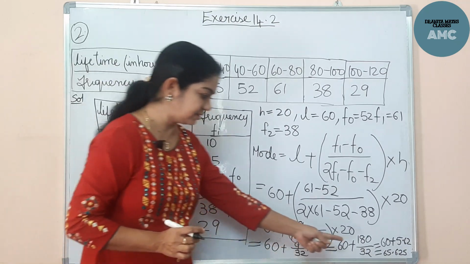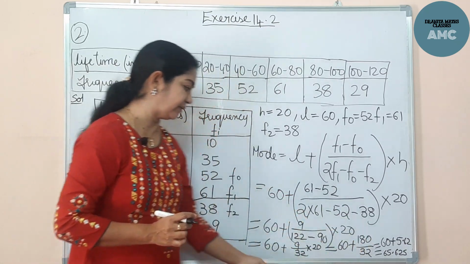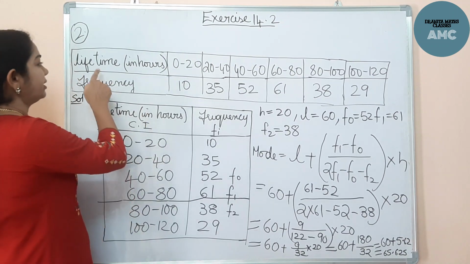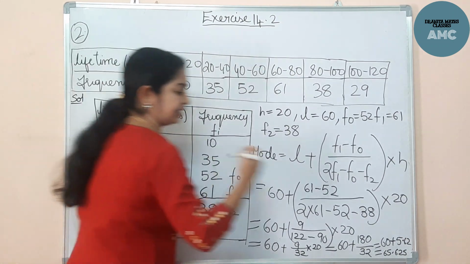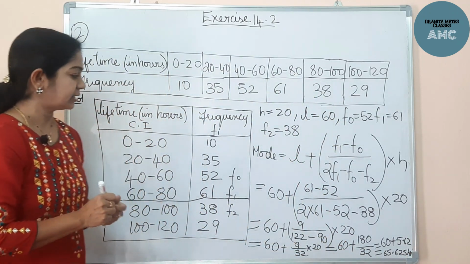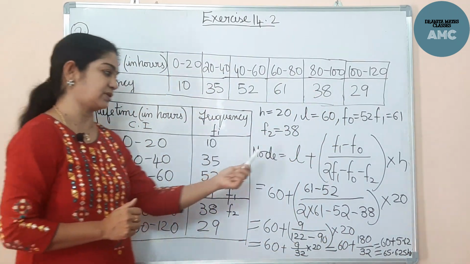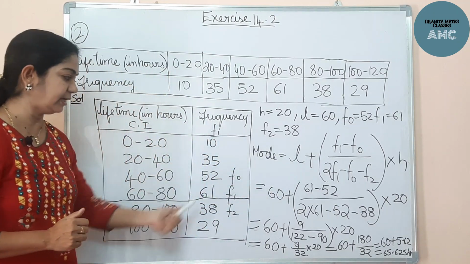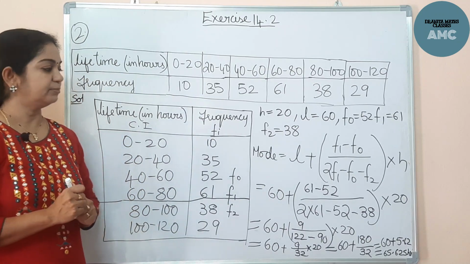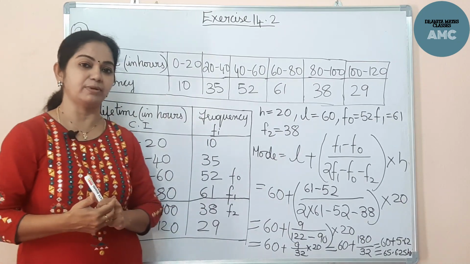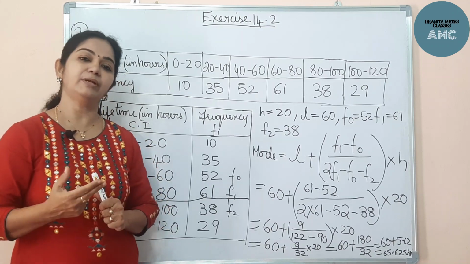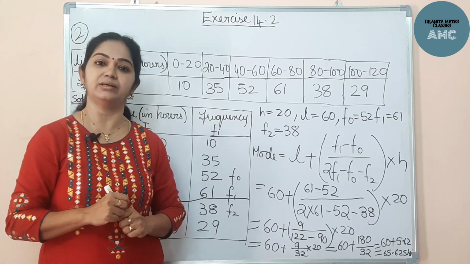The corner I have written 65.625. This is the mode, and that mode is the lifetime in hours. So we will write it in hours. We have to write the units, right? So calculating the mode is very simple using the formula, noting all the terms, and you have to substitute and find the mode. So like this, there are few problems in your exercise. Do it for homework today itself, and I'll be looking forward in our next session with a new concept.